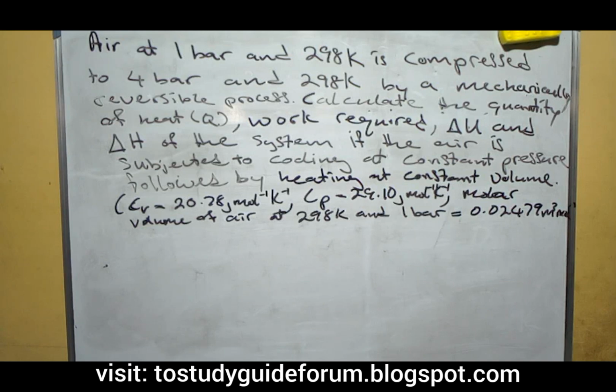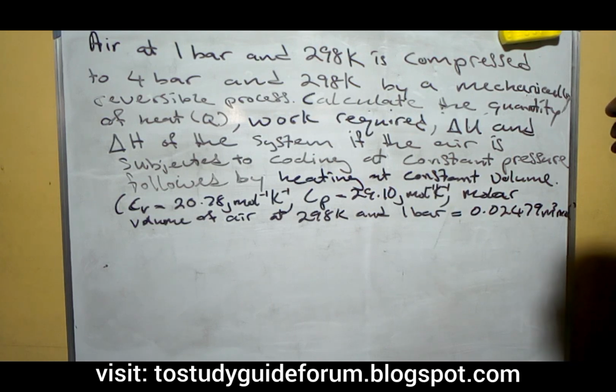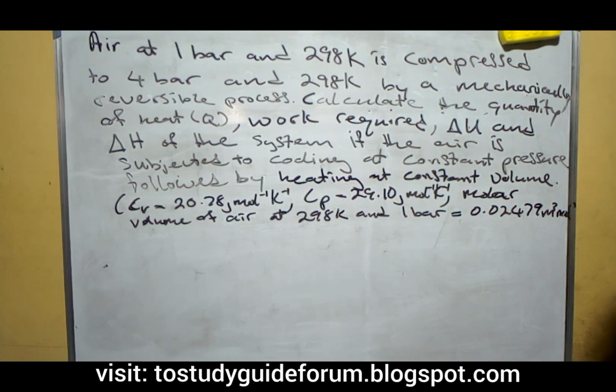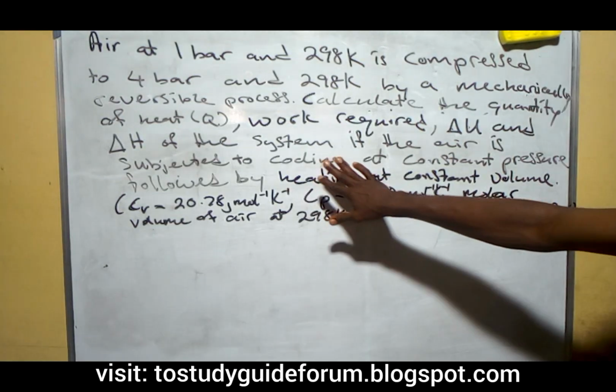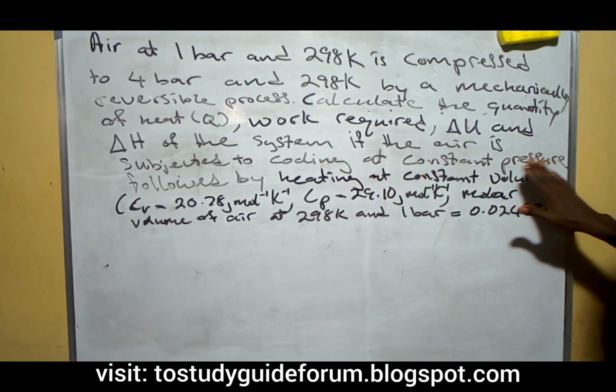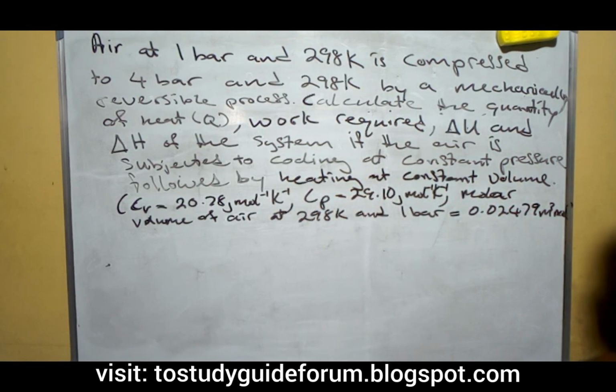298 Kelvin and 1 bar is equal to 0.02479 meter cube per mole. So here, based on that, we are going to look at how we're going to work on this. If you look at it, there are two processes that happen one after the other. The first one we have there is the cooling aspect of it. So without wasting much time, let's see how far we can go in tackling the problem with the limited time we have. So here we have the first process